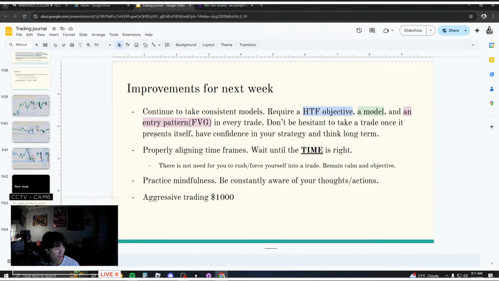But yeah, some of the improvements for this upcoming week is, like I said, to continue to take consistent models. Every single trade that I take, I should be able to identify what my higher time frame objective is, what my model is, and what my entry pattern is going to be, right? I should be able to explain that whole concept to a random person. If they ask me, hey dude, why did you take this trade here? I should be able to explain to them, hey, my higher time frame objective was this and that. This is my model and this is my entry pattern. All of those checkpoints should be met before I even press the button. And once I press that button,